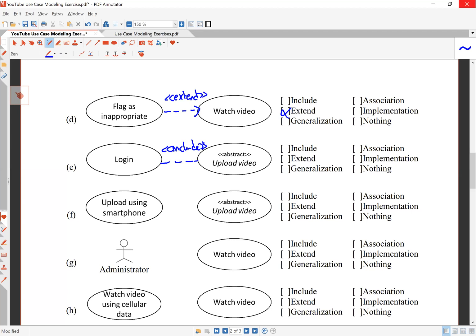Now the question is, where should the arrow be pointing? Should it be pointing to upload or should it be pointing to login? Who needs who? Exactly. The login doesn't need the uploading of the video, but the uploading of the video needs the login. So I go like this and I write down include. Next up,